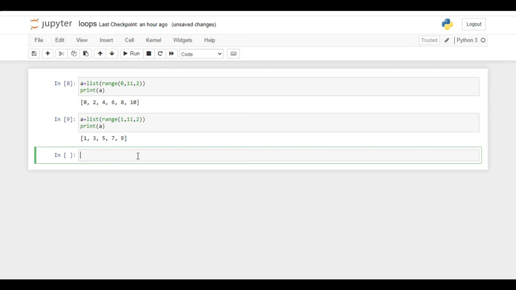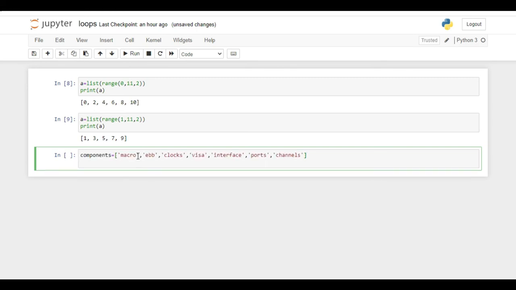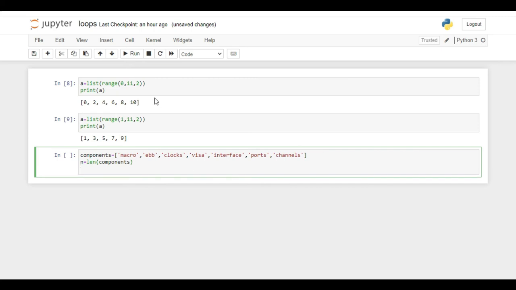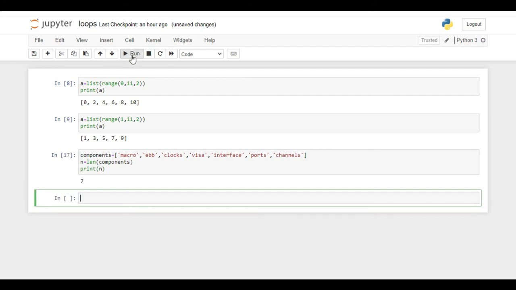Now let's assume we are no more working on a continuous list of integers or any numbers. Instead we have a list of strings. So we have a list here of strings and each element is a component used in VLSI design and we want to iterate over it and print each element one by one. Let us go step by step for that. First, we will get the number of components. We will use the len function to calculate the length of the list, that is, how many components are present in the design. Now, if we try printing it, we will get the number of components here.